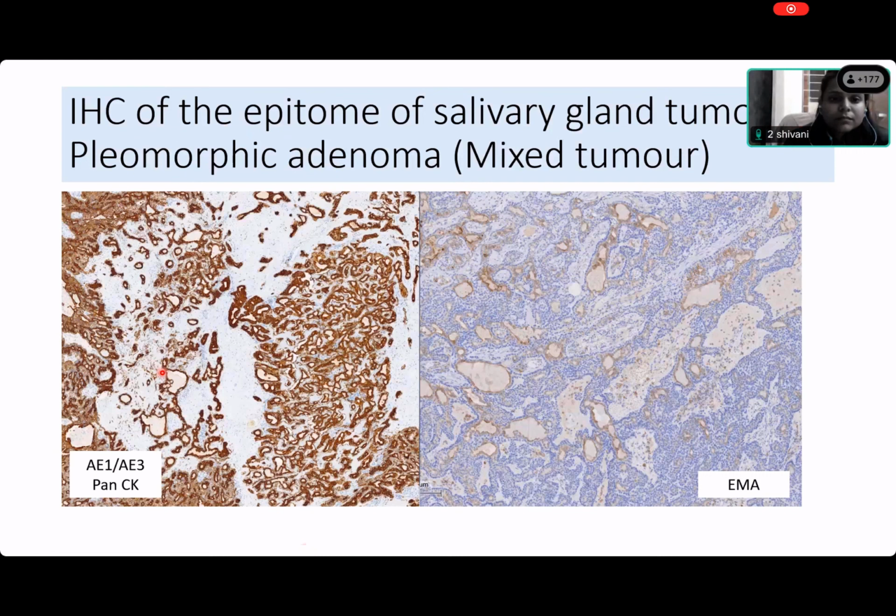No, ma'am. Come on, pan-CK, Shivani. You said pan-CK is positive in epithelial components and ducts. What does that mean? Ma'am, epithelial components are different from ducts. Yes or no? Ma'am, ducts are lined by the cells. Thank you. I know that ducts are lined by cells, Shivani. What cells line ducts? Luminal and abluminal cells. What are luminal cells and abluminal cells, please, Shivani? Ma'am, myoepithelial cells and the ductal cells. Shivani, you are just making up stuff.